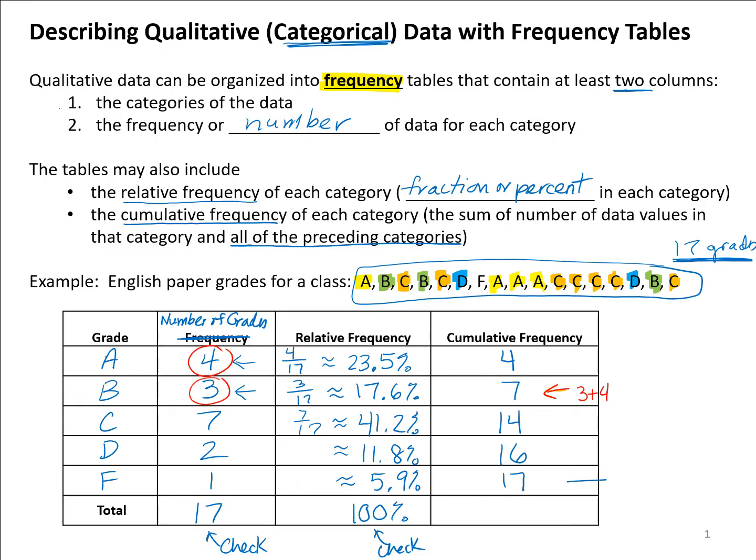And because it's a running total, by the time you get to the last category value, which will be for F, you should have all of the tests or all of the grades. These were papers, I suppose. So there is no need for a total in cumulative frequency. You would never total the cumulative frequency column because you actually have the total by the time you get to the last category. Now, you might say, well, why would anybody want